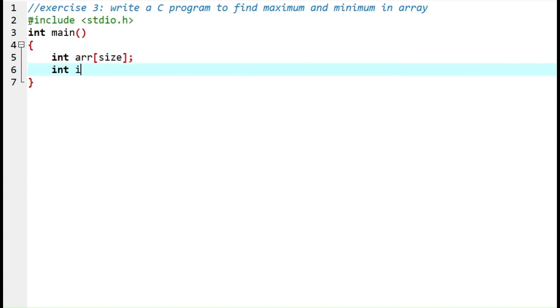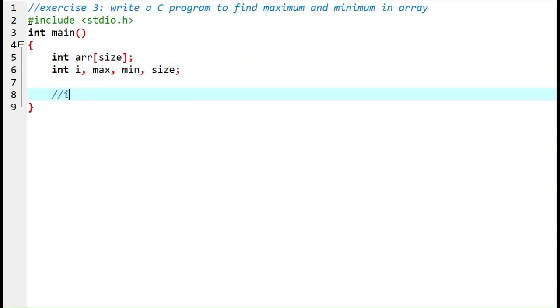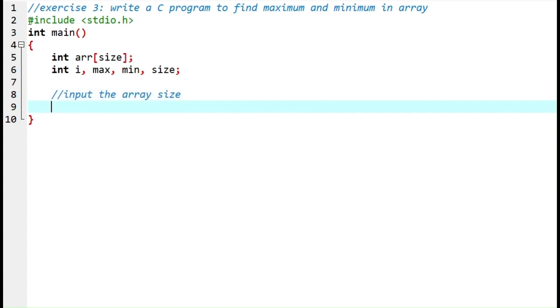Integer I, max, min, and size. Now input the array size. printf, enter the size of the array,